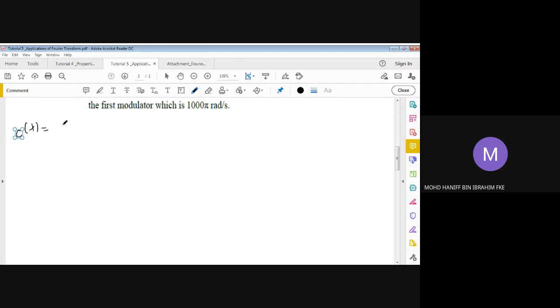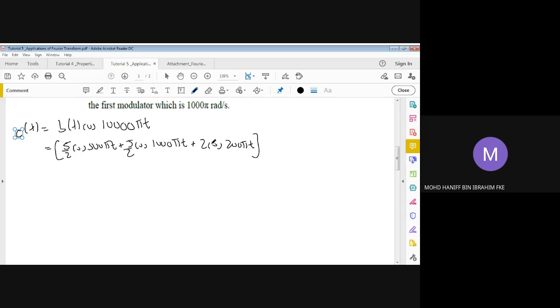We have c(t) equals b(t) multiplied with the cosine of 10,000 pi t. The b(t) is based on the previous answer, which is equal to 5/2 cosine of 500 pi t plus 5/2 cosine of 1,500 pi t plus 2 cosine of 200 pi t. So that should then be multiplied with the cosine of 10,000 pi t. And as such, if we proceed with this solution,